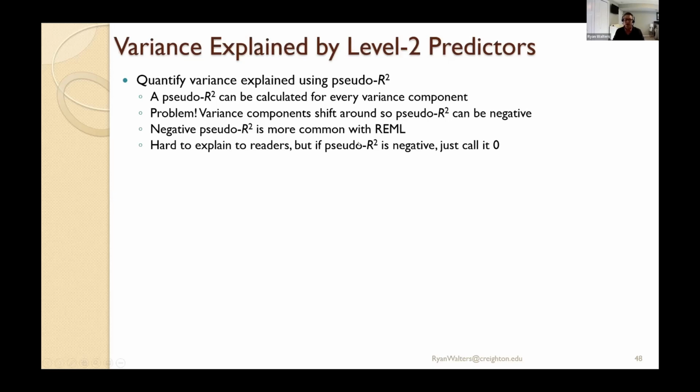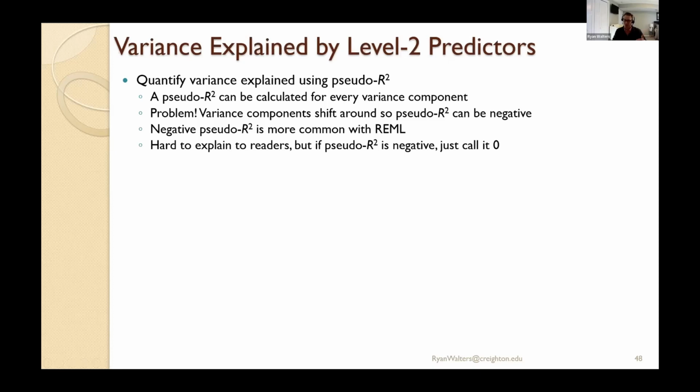That can be a little bit of a problem. It's more common with REML as they factor out the fixed effects. But if you're writing up the results of a multi-level model for publication, a negative pseudo R-square is really difficult to explain. And so my suggestion to you is if you end up with a negative pseudo R-square, undoubtedly that's associated with